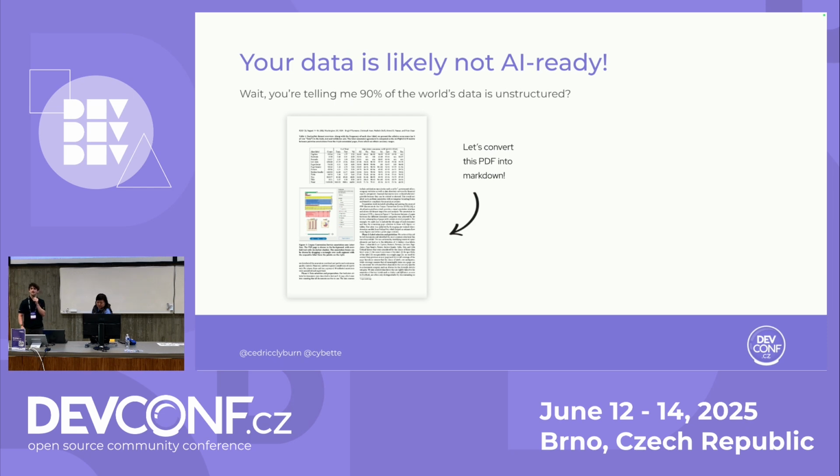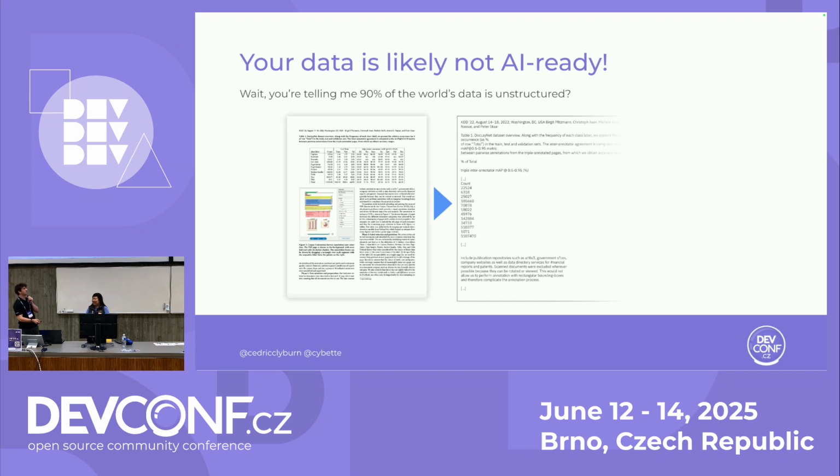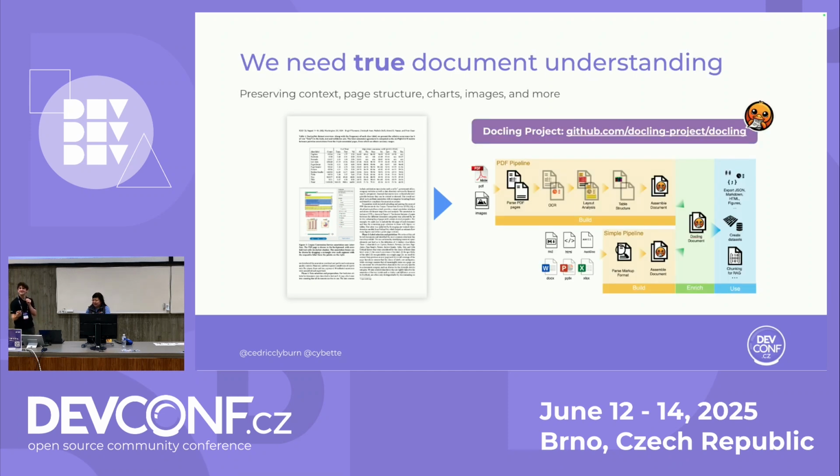But the thing is, your data probably isn't AI ready, right? It's in PDFs, HTML, websites, photos, graphs, documents, all things that could be tough for an AI to read. So if we were to try a PyPDF parse for a PDF like this, we would probably end up like this, where we're not preserving the structure of the page. Things are truncated. If there's a page break, then something could be split in half entirely. And then when you use this in RAG, you get weird answers back because of how you split the text and chunked and vectorized that text into the database. So it's fast, but it's not fit for a lot of use cases.